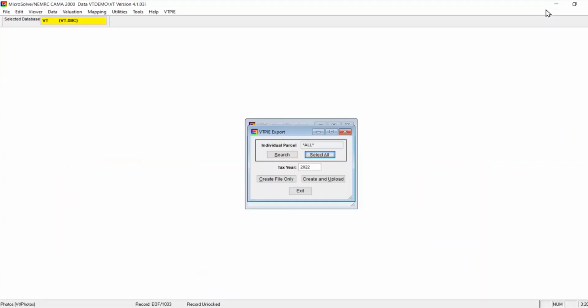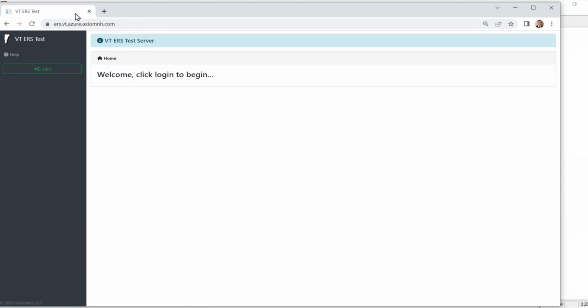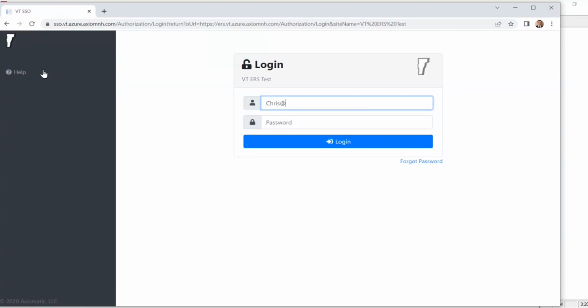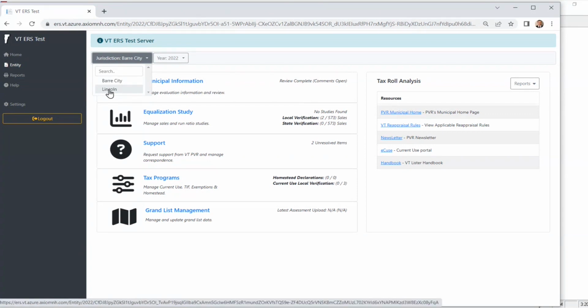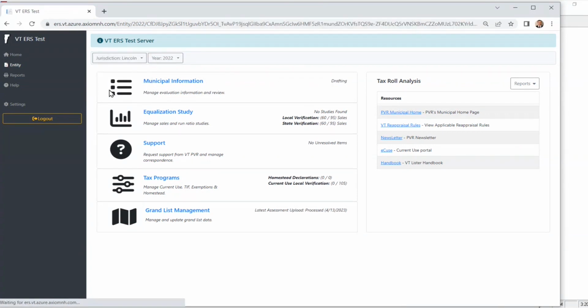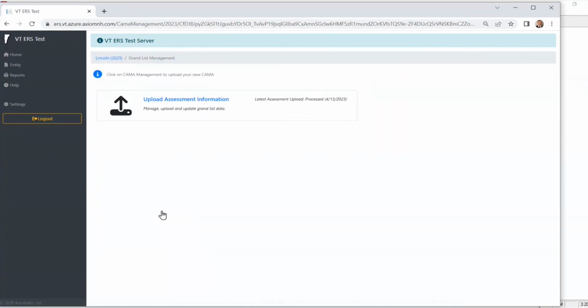Once that file's in place, I'm going to take you out to the internet, and I've logged into VTPIE. This is the test server that Patrick has given me access to. I'm going to log in. I'm going to change to the appropriate entity, because some of you that are assessors or people that help in multiple towns may have multiple logins, so you want to pay attention to what town you're logging into. Set your specific year. Just like Patrick did, I'm going to go to Grand List Maintenance,